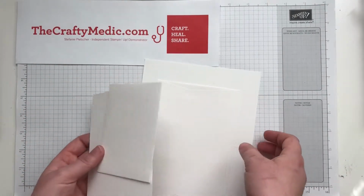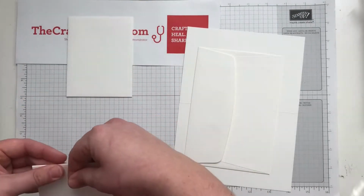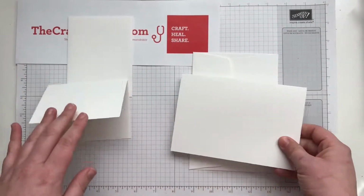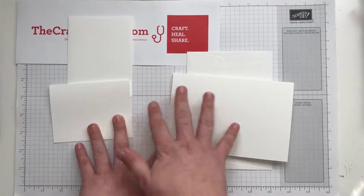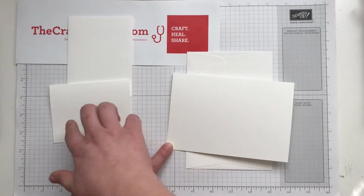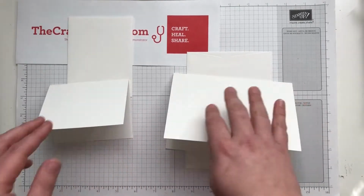Then we've got our two Memories and More sizes. So these are two different sizes. We've got the small size that is not mailable, and then we have the large size, which is. And what's really neat about these is these actually match with the Memories and More cards that you can get. So those cards that are meant for pocket scrapbooking, but they work for cards as well, will fit right on the front here. So what I've done